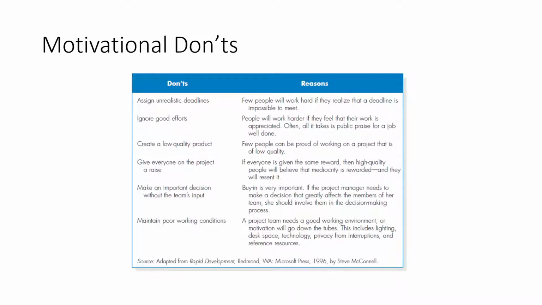And then maintaining poor working conditions. A project team needs to have a good working environment, or the motivation will go down the tubes. So lighting, desk space. Well, this is for work related